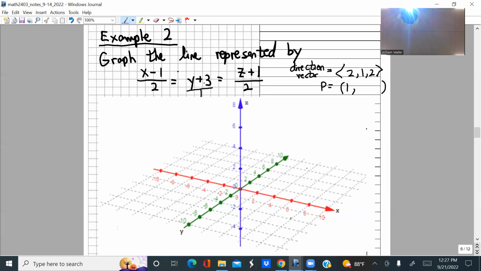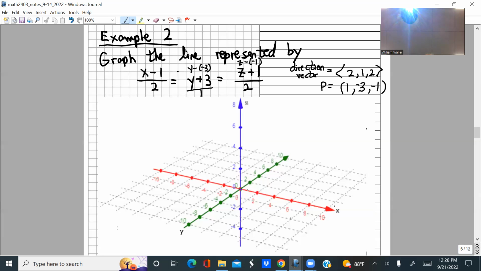This is y plus 3, so that y coordinate would be minus 3. You want to think of this as y minus a minus 3. And then the third coordinate for that point would be minus 1. You want to think of this as z minus a minus 1. So this line contains the point 1,